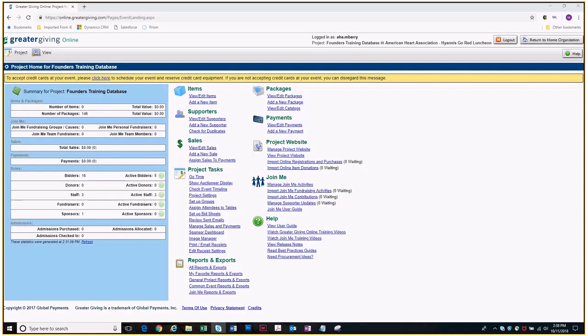Okay, so today we're going to go over sending emails through Greater Giving. We have the option to send Greater Giving emails. The nice thing about Greater Giving emails is they are free to send, and you're only limited by your supporter database. So if you go into View Edit Supporters,